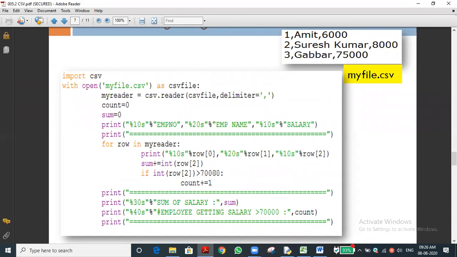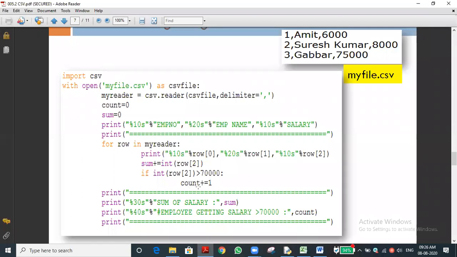For example, you are running a business, you are running a company, and you want to know how many of you are getting pay more than 50,000. By using this program, it is very easy. Not only that, those who are getting above 10,000, above 20,000, likewise we can easily segregate it. If the salary is greater than 70,000, what will happen?